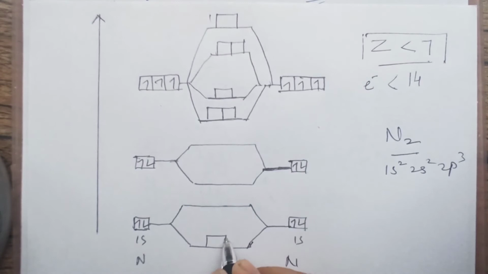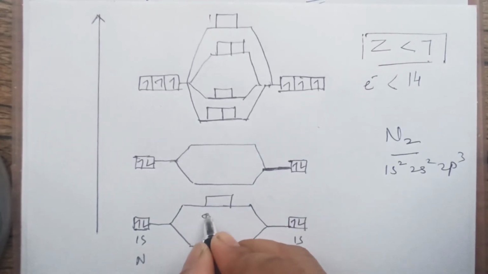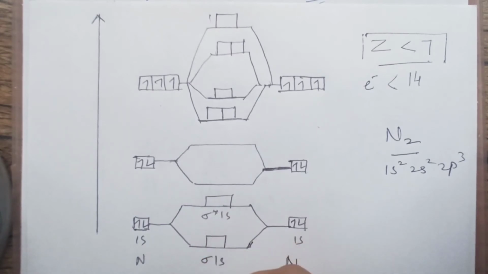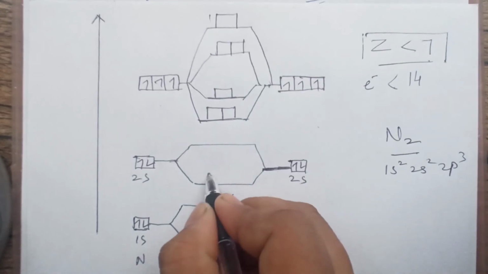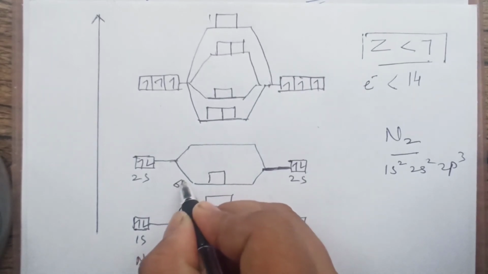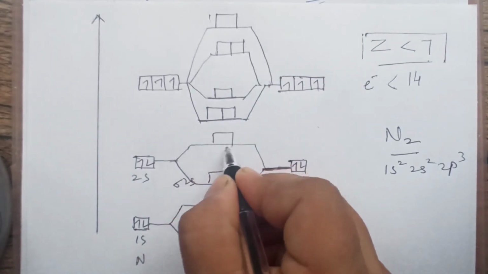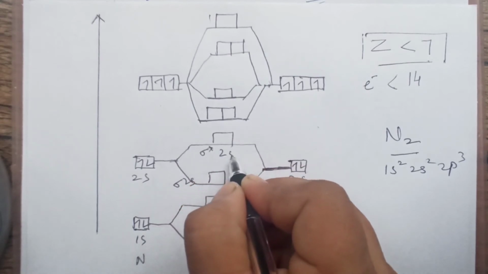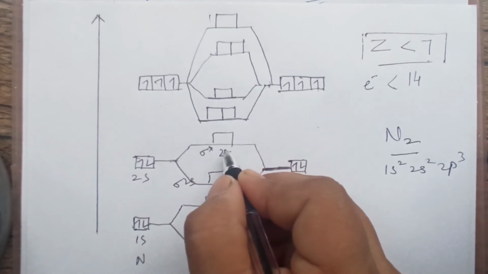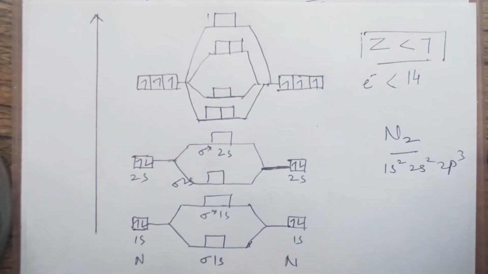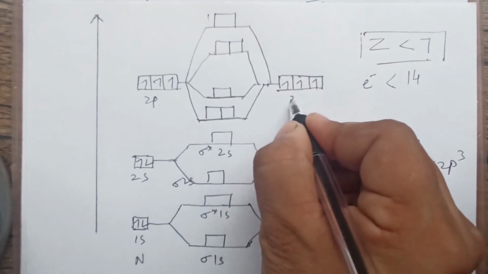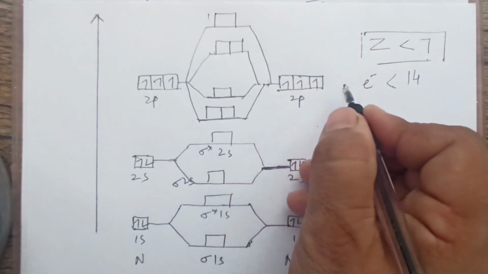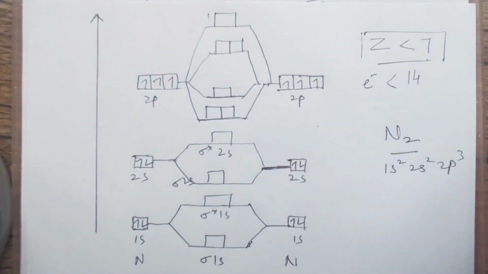1s combine and form 2 molecular orbitals. One is sigma 1s, another is sigma star 1s. This we have studied earlier. This is 2s, this is 2s, and they combine and form sigma 2s. This is sigma star 2s. This also we have studied in lithium. Okay, sigma star 2s. Electrons I will be filling just now. This is 2p, 2px, 2py, 2pz. This is 2p, 2px, 2py, 2pz. One electron we know in nitrogen.